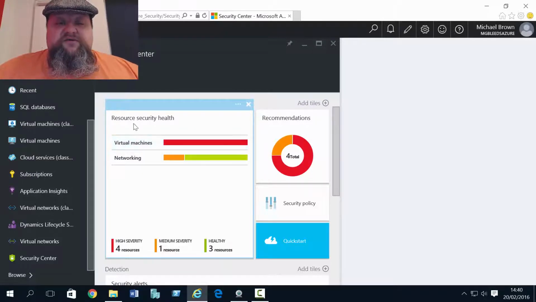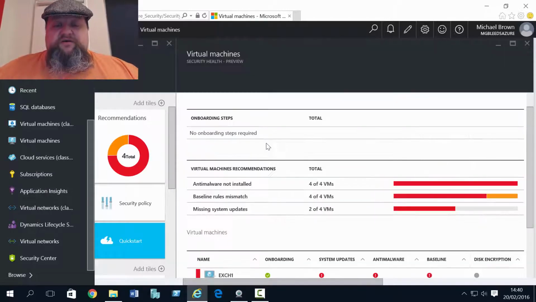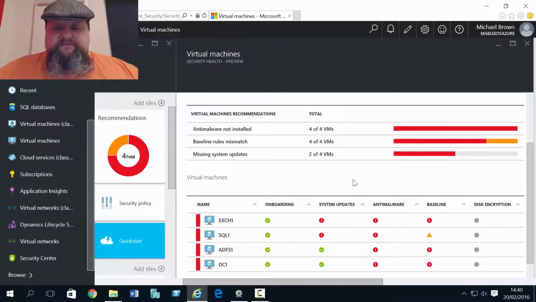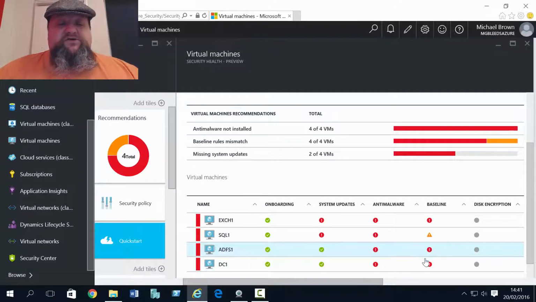If I look at virtual machines first, under resource security health, and drill down, we can see a list of VMs, and I can see that Exchange 1 here is missing system updates, anti-malware, and baseline security settings. It's not conforming to my baseline rules. ADFS 1 is missing anti-malware, and is also not conforming to my baseline security rules. So there's issues there with these VMs. If I click on a VM like Exchange 1,